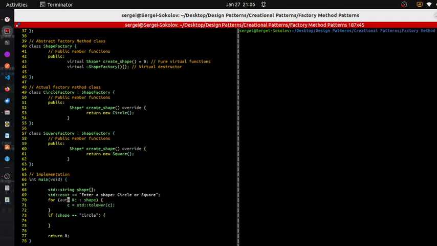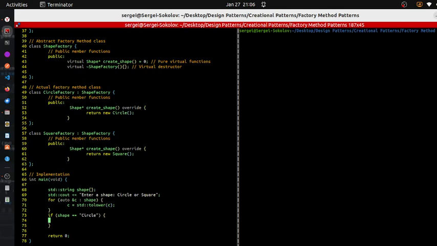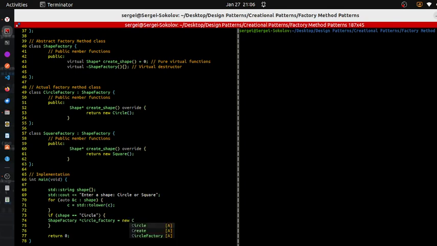Okay, we need to say shape factory, like circle factory of new circle factory, like this. Okay, else